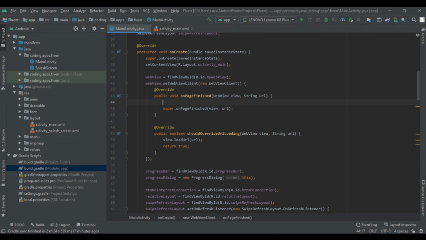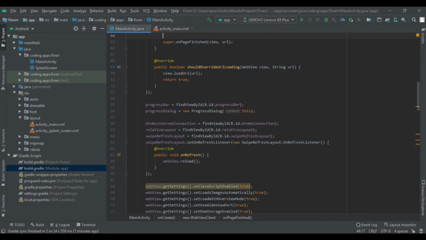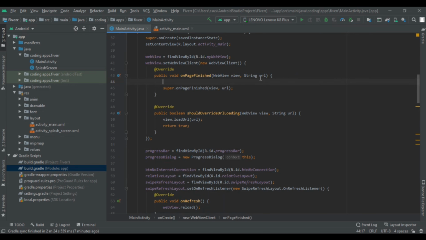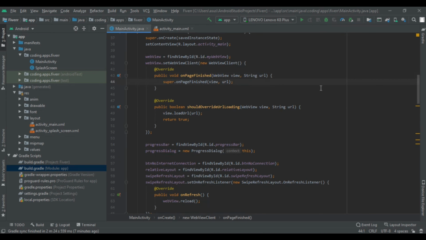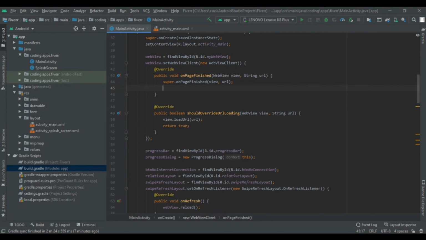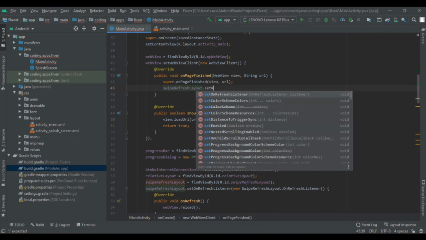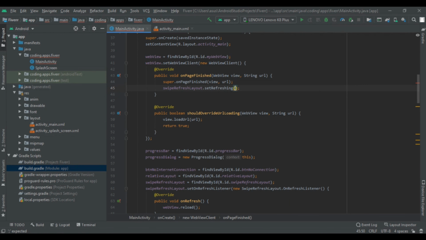So first of all, right below it, write swipeRefreshLayout.setRefreshing to false. So our refreshing will be stopped.